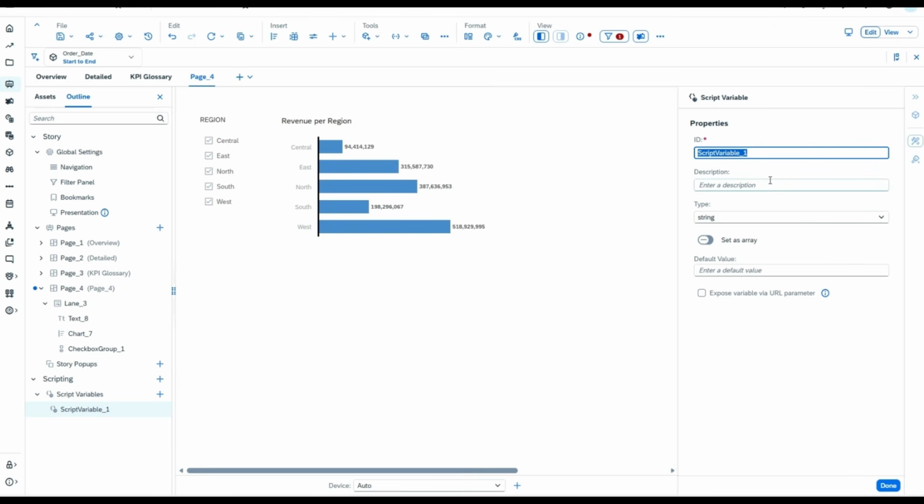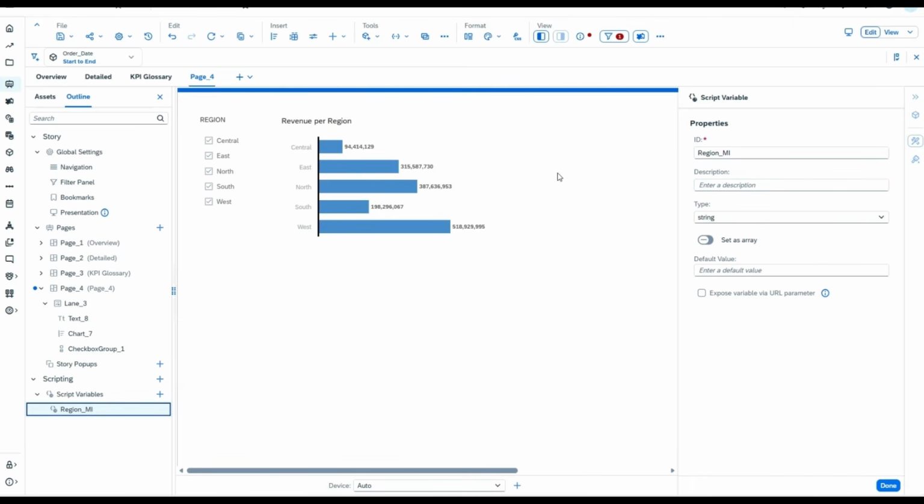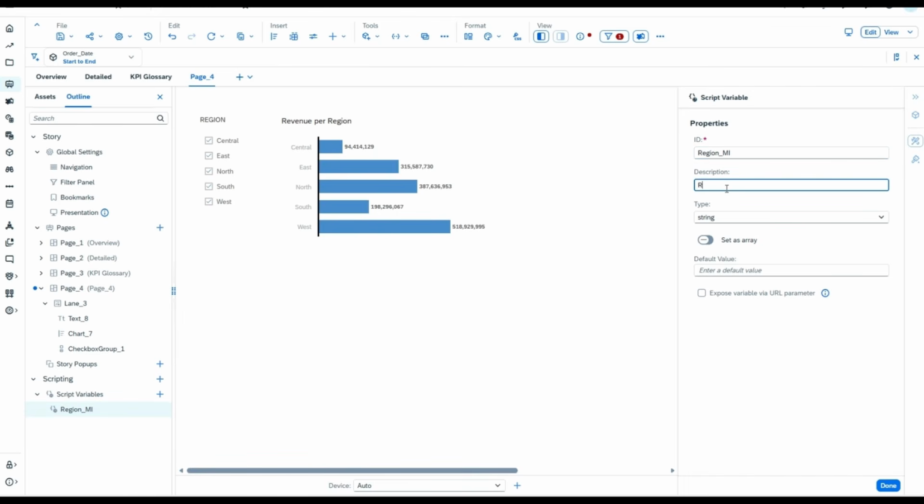So the name you can give is region and something like manual input, right? So region manual input, because I will also show you the other four sources. This variable is for a region and mi is for manual input. Okay, so region manual